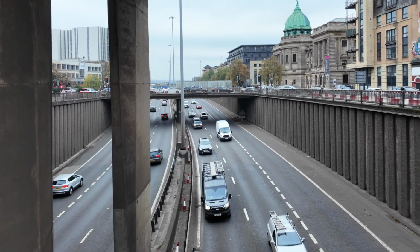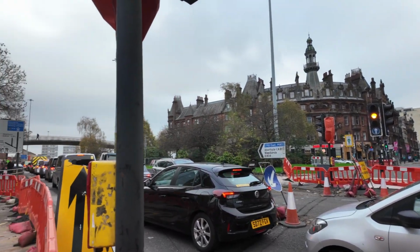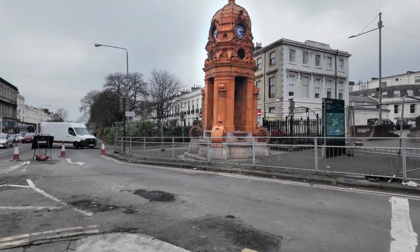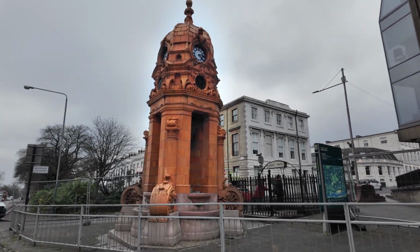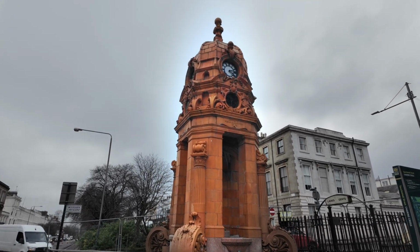Cutting through and underneath Charing Cross is the M8 motorway. Before the M8 motorway was built, Charing Cross was a prestigious and popular area, serving as a grand gateway between the West End and the city centre. This is the Charles Cameron Memorial Fountain. It's a remnant of a time when Charing Cross was a vibrant social hub with beautiful architecture and much less